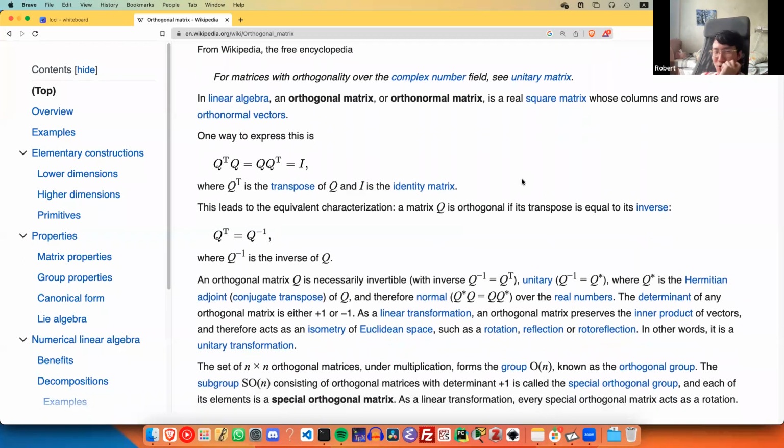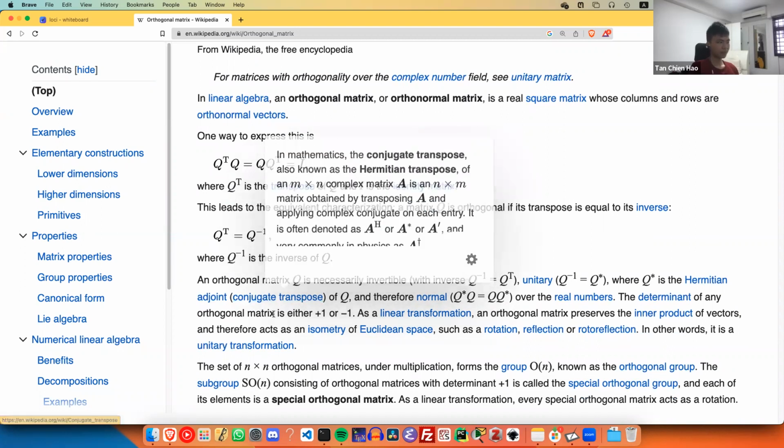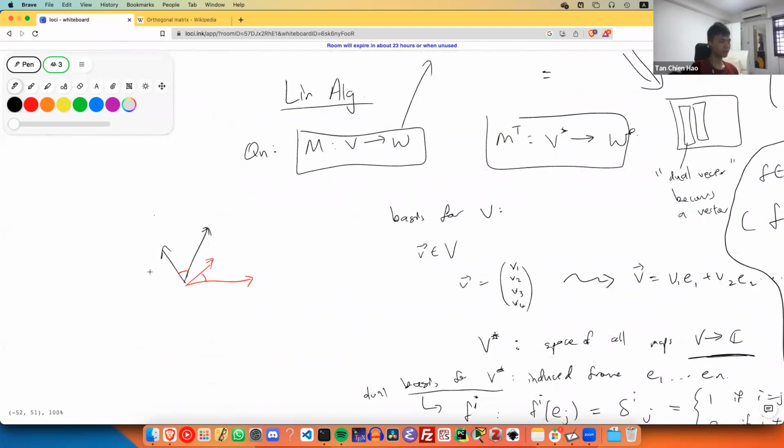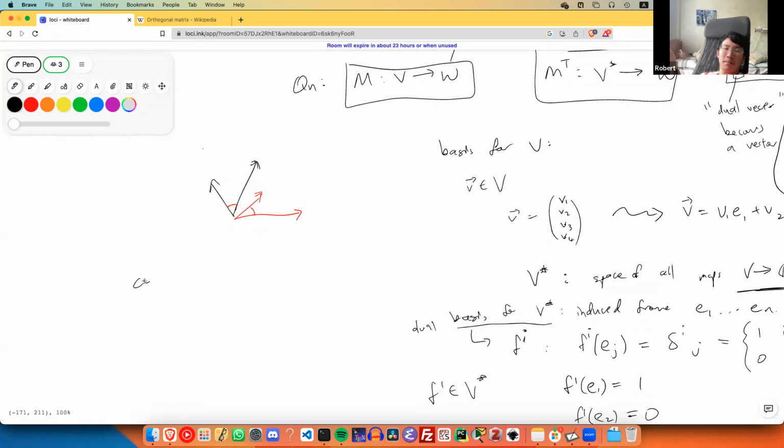What the heck is a conjugate transpose now? Conjugate transpose is where you not only transpose, but you take the complex conjugate. It arises when your inner product is not only... currently, in the three-dimensional vector space, the inner product, the dot product, is using real numbers, right? But if you get a complex vector space,